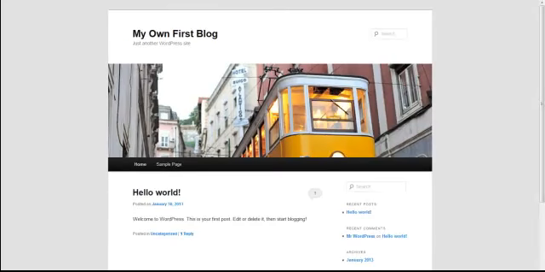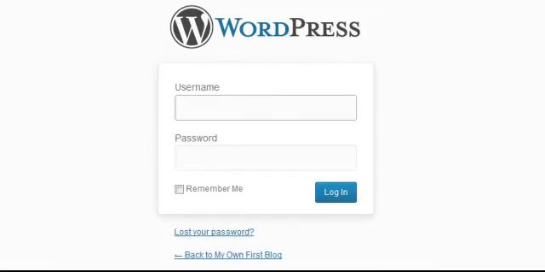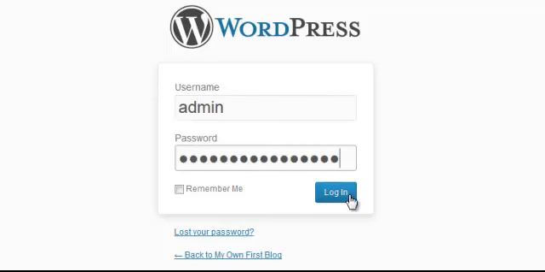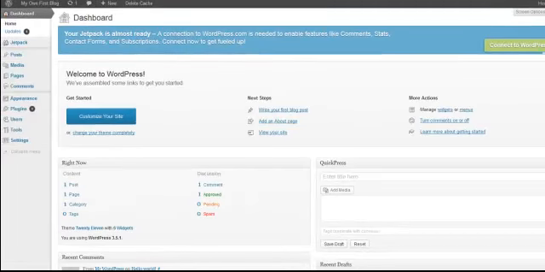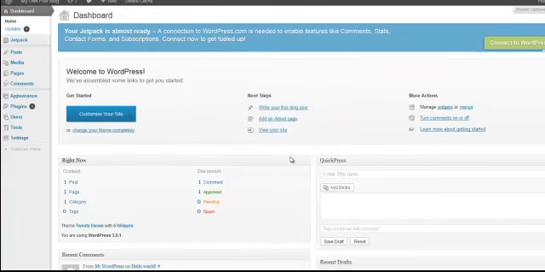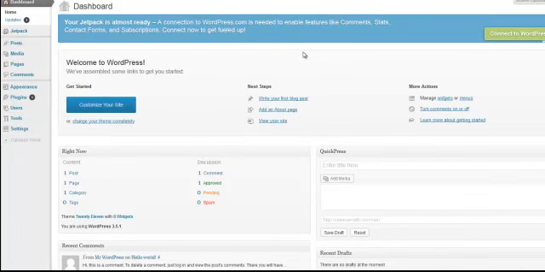So let's head back in here. We are going to go back to the admin panel. And we will simply type in our username. And we'll put in our password. And we'll log in. Okay, so this is the back panel, the dashboard of WordPress. Now from here, this is where you can do everything. And at first you get here and you might think, oh man, there's so much to do, but it's so